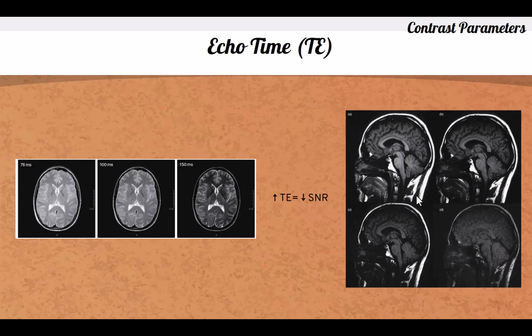And the image to the right shows you this relationship as well, where A now has the shortest TE, but the highest signal. But as you increase your TE accordingly, image D has the longest TE and the least amount